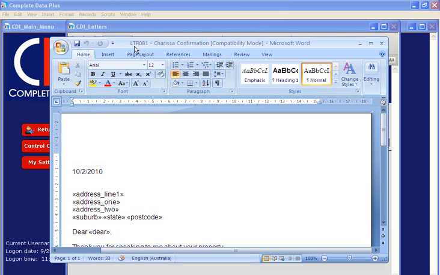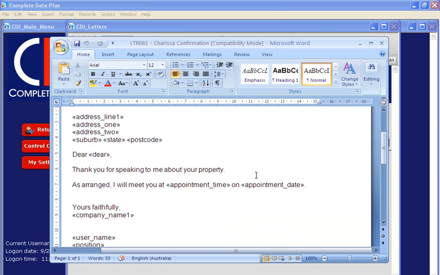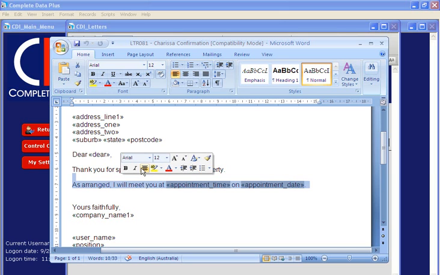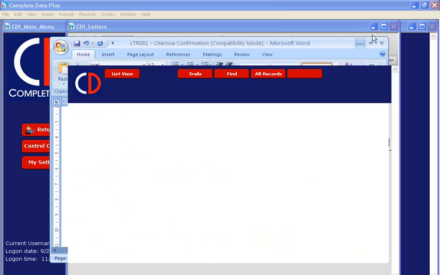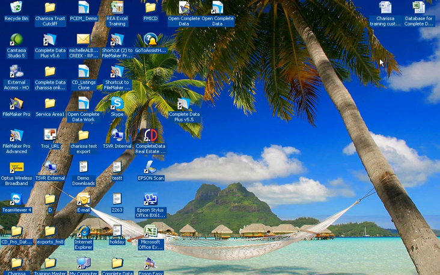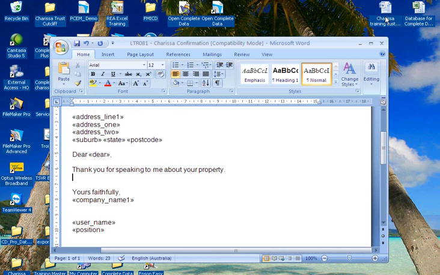As you can see, we have LTR 081 Carissa's Confirmation, and we need to now just go and copy the details of the letter that we've been using previously and pop them into complete data. We need to get our letter set up first, so we will just take out this information, and I'm going to go and find my letter. I'm just going to minimize this for the moment and just say you have got your letter sitting on your desktop. Just open that letter up,